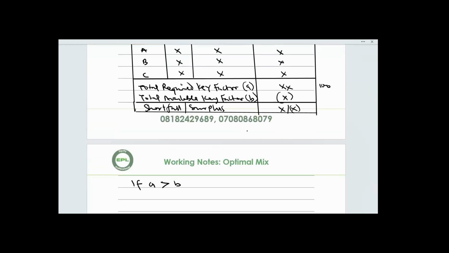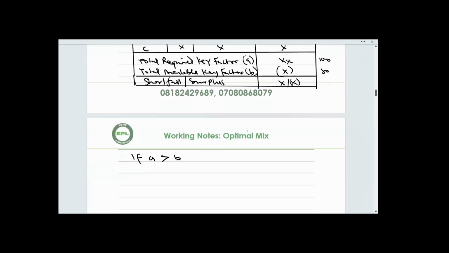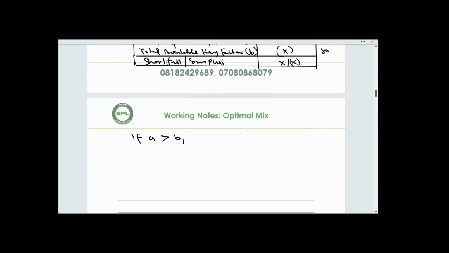What you have is just 80. That means there's a shortfall. All right, that means there's a shortfall. So if A is greater than B, there is a shortfall. But if A is less than B,